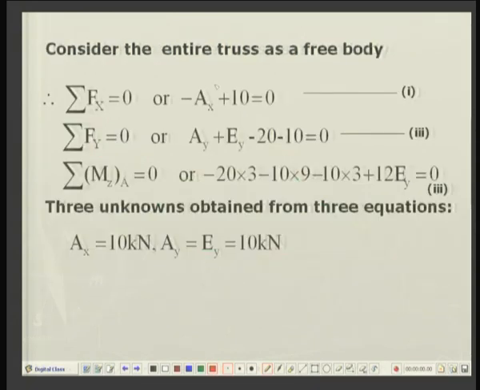So, these three equations: sigma Fx is equal to 0, sigma Fy is equal to 0, the sum of the vertical forces, again vertical reaction at A, vertical reaction at E, and two downward forces, and then moment about A is more convenient because there are two reactions passing through it. So, very easily you can say that the horizontal reaction at A is 10 kilonewton, and vertical reactions at A and E both are equal to 10 kilonewton. So, Ax is 10 kilonewtons, Ay and Ey are 10 kilonewtons. Now,